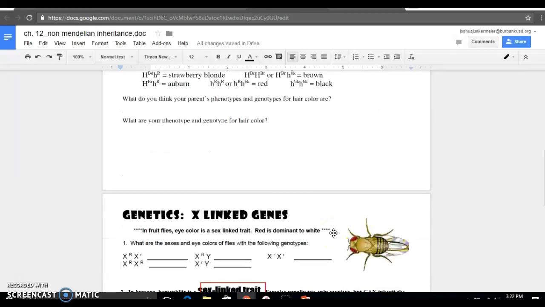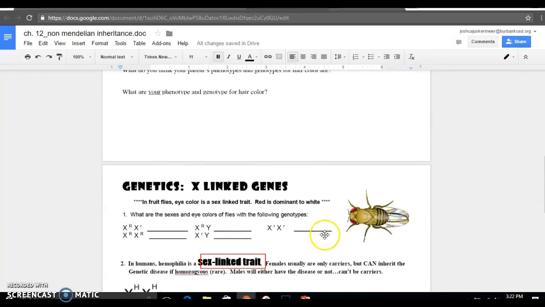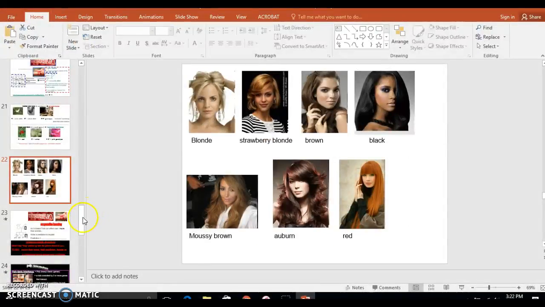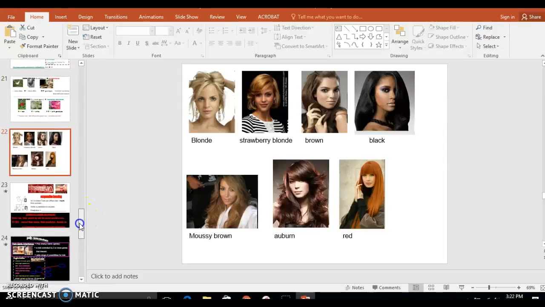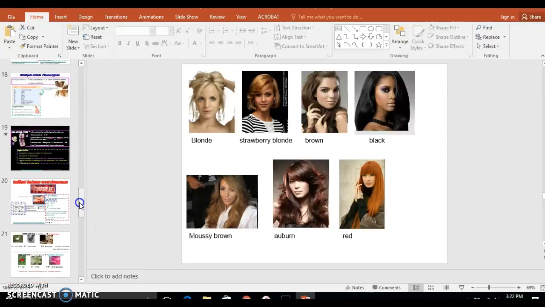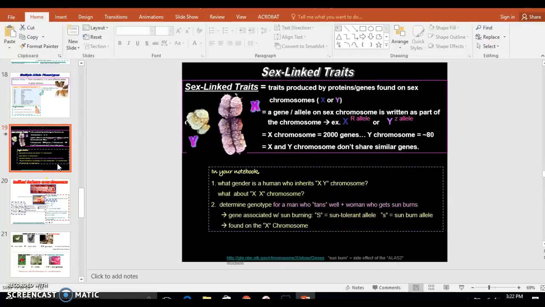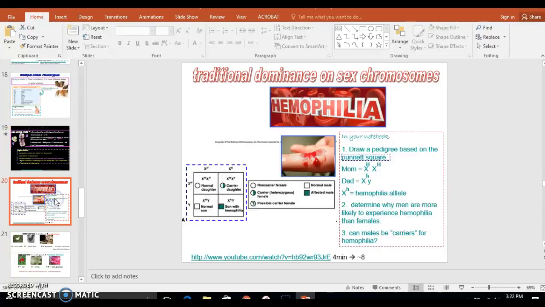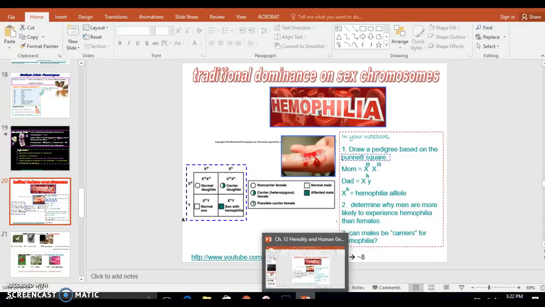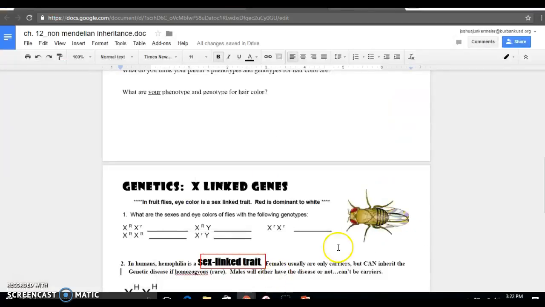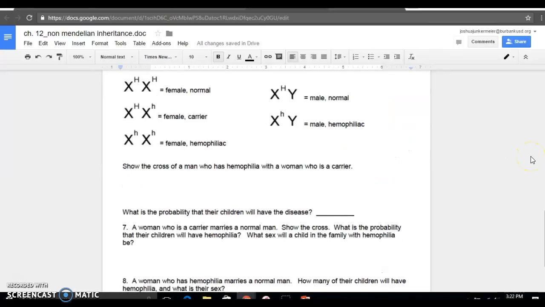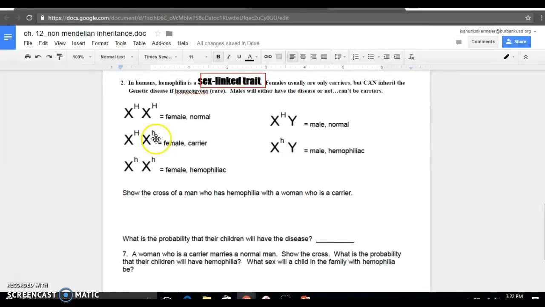All right, the next page is about X-linked genes, and that's sex-linked traits or sex-linked inheritance. And really just in general, you can base your responses on this slide right here. This slide helps a little. So the work you did on this slide and the work you did on this slide will help you as you look to this page right here. So this page is all about flies. It gives you simple genotypes for the flies, and the trait is,